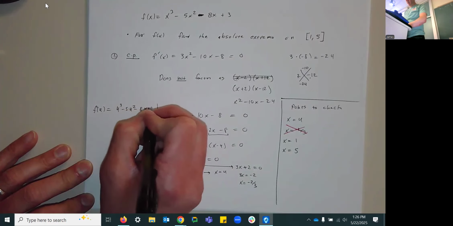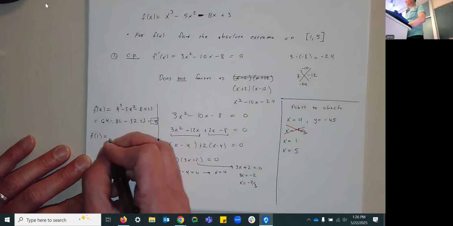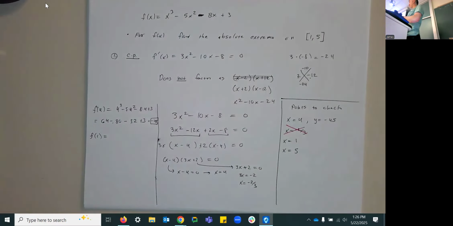Sorry, you can't see the -45 very well. So x equals 4, y equals -45. 1 is much easier. F of 1 is just going to be 1 minus 5 minus 8 plus 3. It's a nice thing about 1, whenever you plug it into a polynomial, you just get all the coefficients added or subtracted together. So 1 minus 5 minus 8 plus 3 is going to be -4 minus 8 is -12